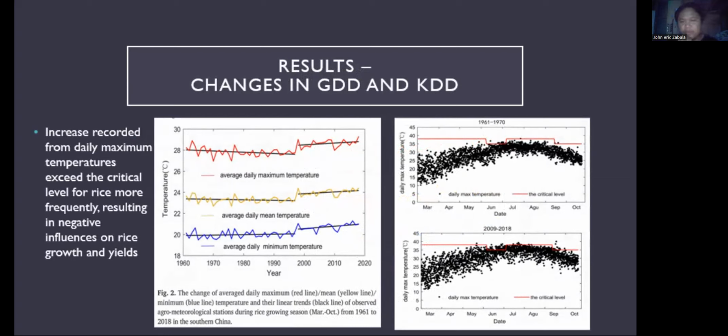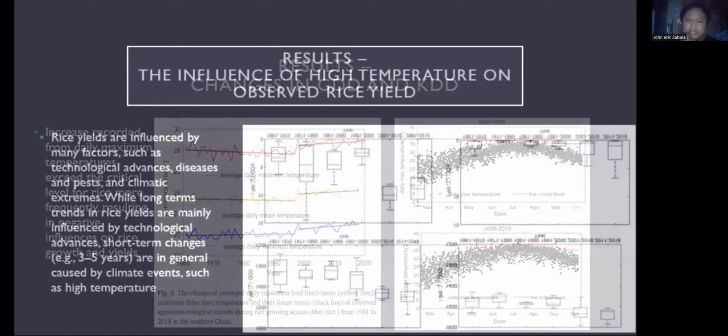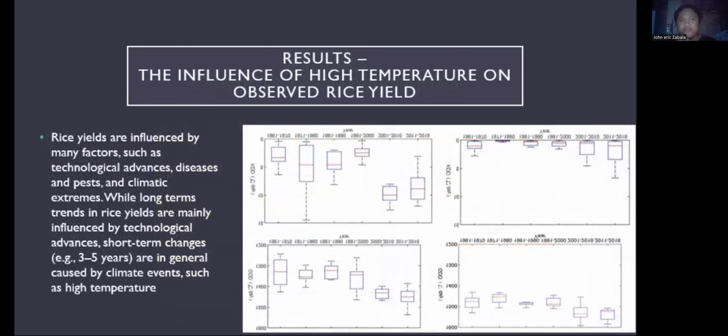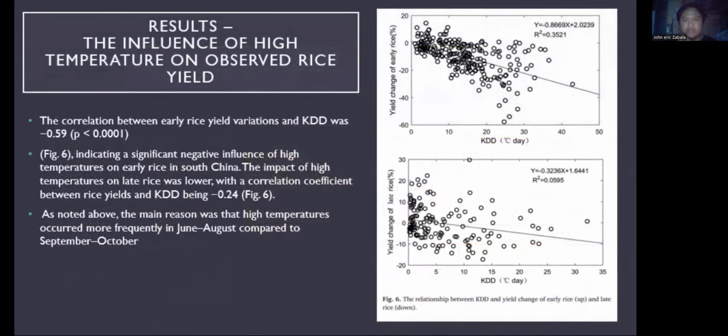Makita po natin sa table on the right na during this 2009-2018, dumarami na po sa ating scatter plot yung mga areas na affected. And this shows how rice yield during the first cropping was heavily influenced dahil doon po yung init ng panahon nila sa China, no? So on the left side po ng mga graph ay dyan po yung differences po.